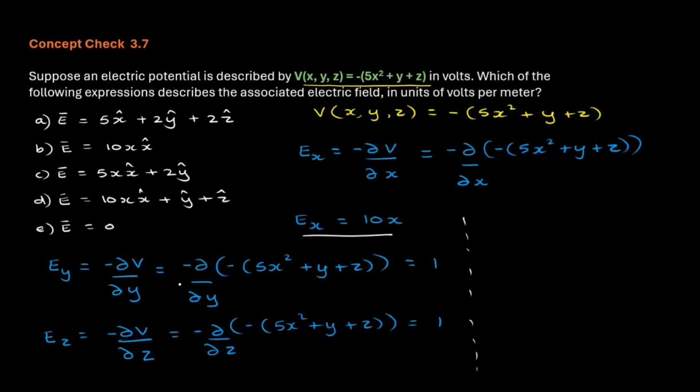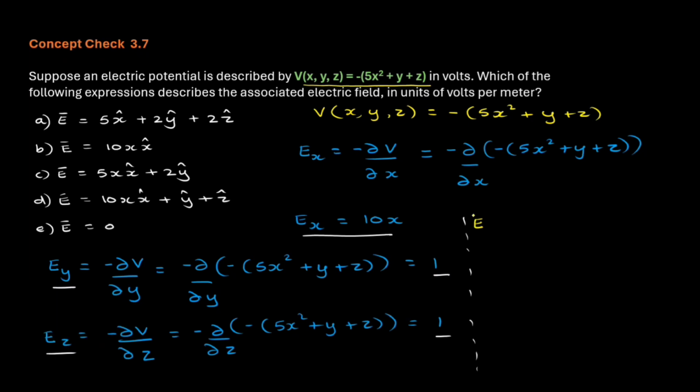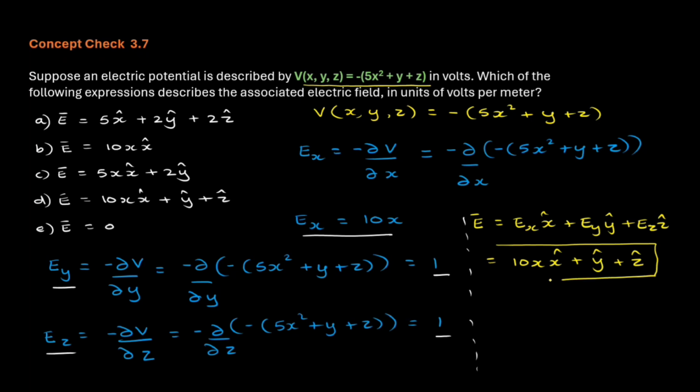Once I found Ex, Ey, and Ez, now I will write them in their vector format. We write E equal to Ex x cap plus Ey y cap plus Ez z cap. Now substitute. The x component is 10x x cap. The y component is just 1, so just y cap. The z component is also 1, so z cap. So this is my value of E that is associated with the given potential, which is option